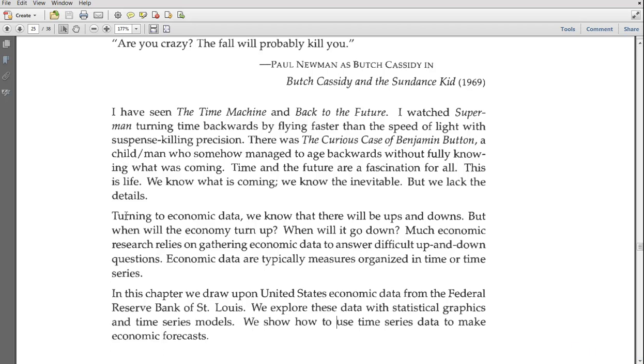So he says, turning to economic data, we know that there will be ups and downs, but when will the economy turn up? When will it go down? Much economic research relies on gathering economic data to answer difficult up and down questions. Economic data is typically organized in time, or in time series.